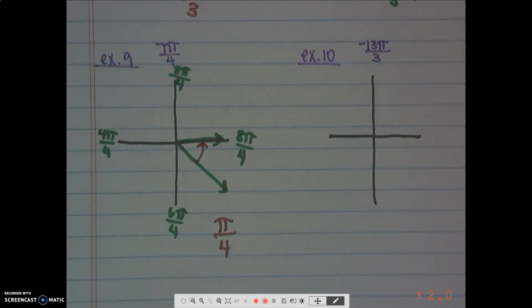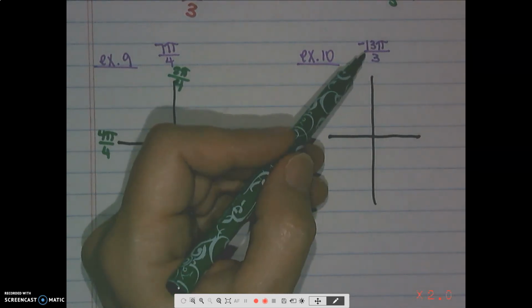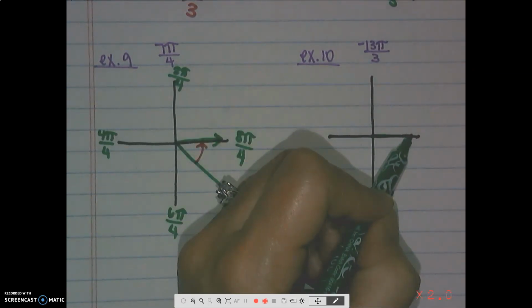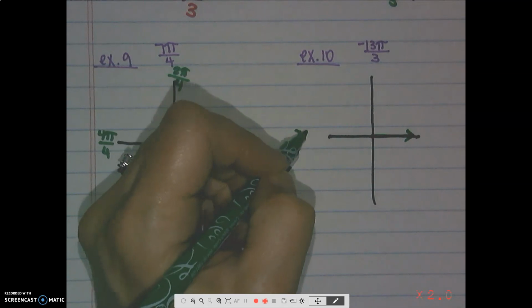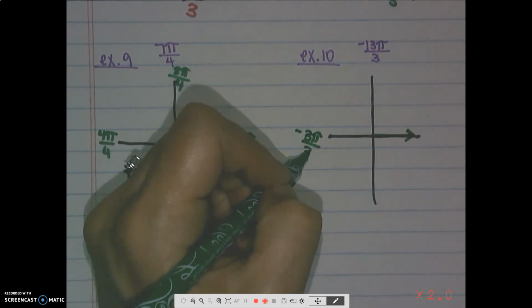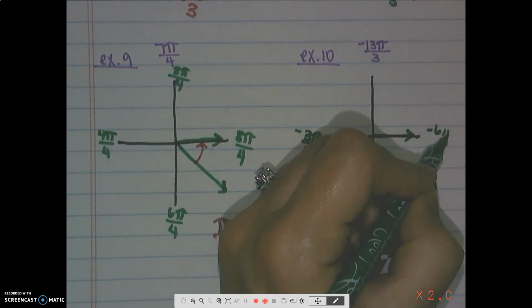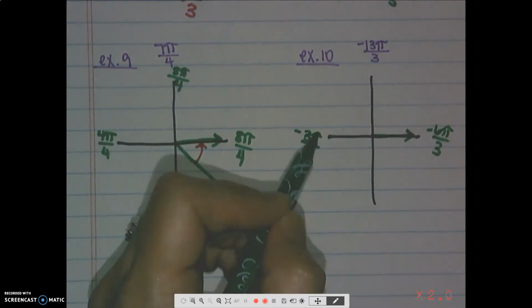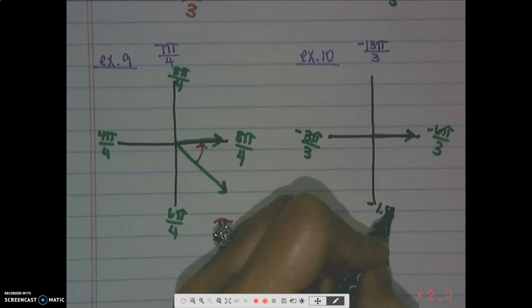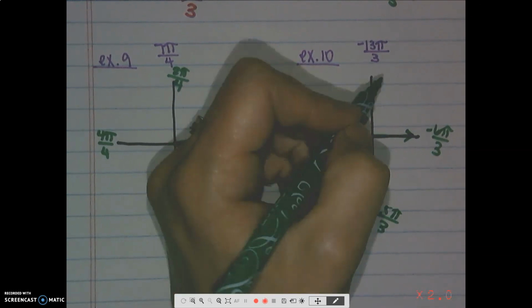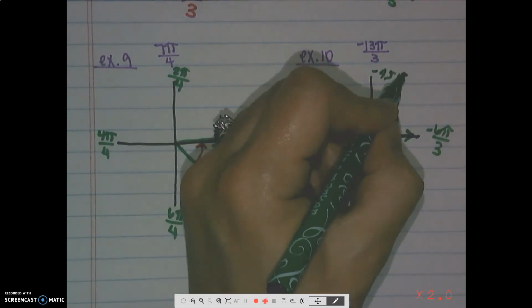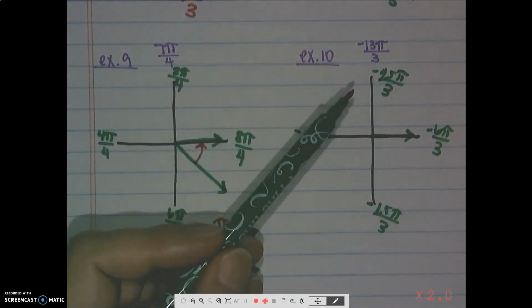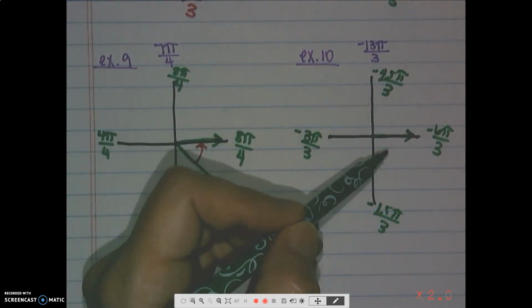That's why I'm doing so many of them. All right, we have negative 13 pi over 3. So that means that this would be negative 3/3. And this would be negative 6/3. Since it's a negative, we're going this direction. This would be negative 1.5 thirds and then negative 4.5 thirds. Okay, so if we're going negative 13 thirds, we're going